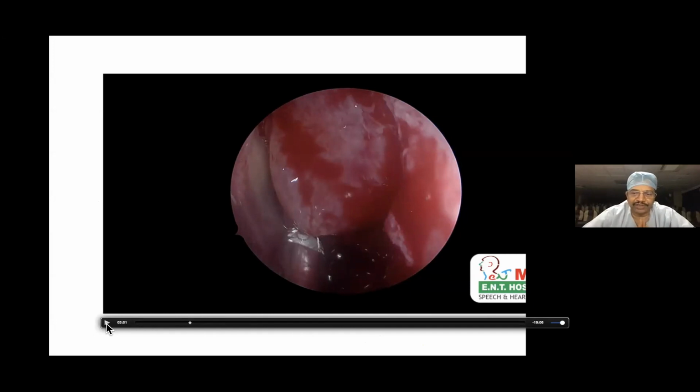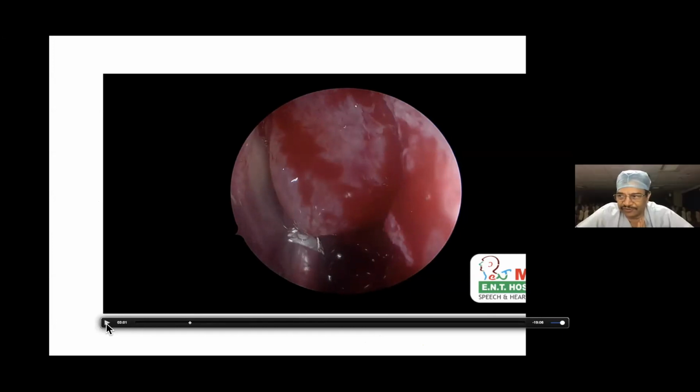So I have completed the uncinectomy. I have done the middle meatal antrostomy. Okay. So now you're going for the bullectomy or excision of the bulla. So you would do this before even touching the frontal sinus, because there's now a lot of talk on intact bulla technique, other technique. So which would you follow?